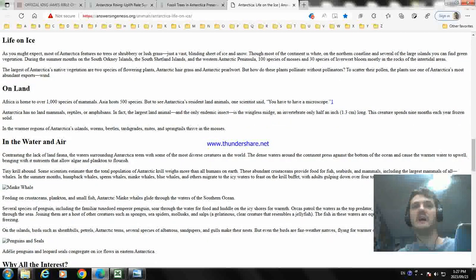Okay, now, life on ice. As you might expect, most of Antarctica features no trees or shrubbery or lush grass, just a vast, biting sheet of ice and snow. Though most of the continent is white, on the northern coastline and several of the large islands, you can find green vegetation during the summer months, on the South Orkney Islands, the